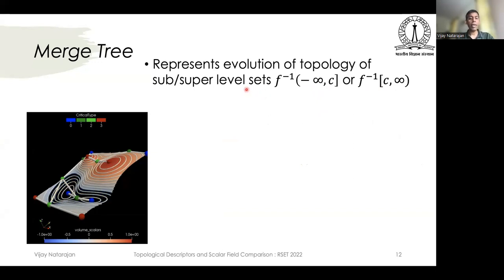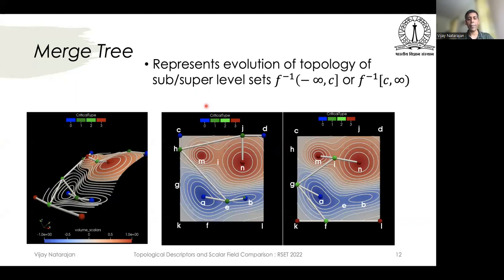Unlike the contour tree, the merge tree has only merge events. There are no split events, hence the term. Depending on the sweep direction, we get either a split or a join tree, but we uniformly call them the merge tree. So what you see here are the two trees: the tree from the minima that gives you the merges on the sweep up, and the tree with maxima, which gives you the merges as you sweep down